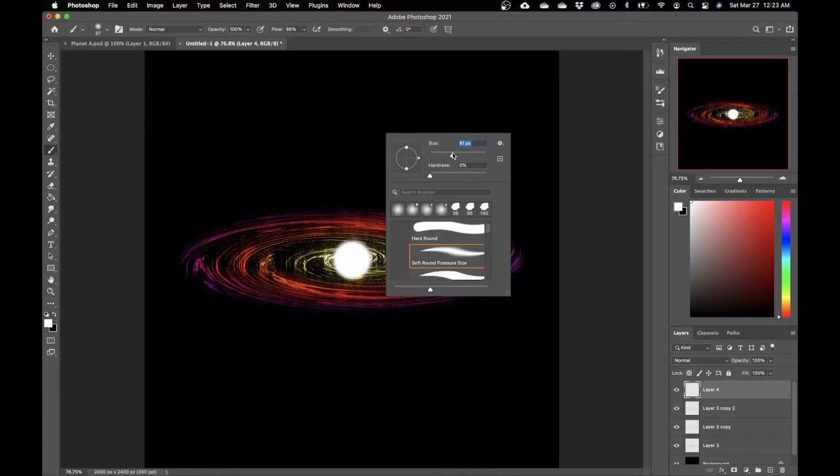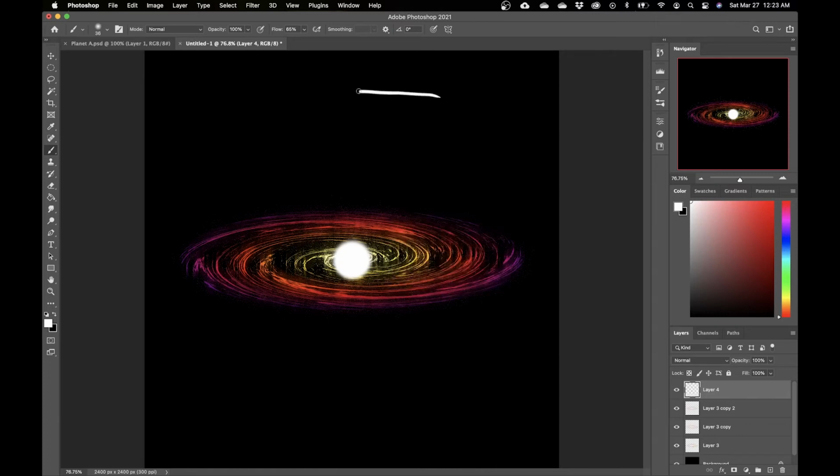Now what we want is we want this to look like it's bursting out of the middle of the spiral here, but the spiral is technically a flat plane, and what we want is to make it look like this white burst of light here is coming out both sides of the plane. But from our angle, the way this is set up, we're going to see more of the top than we are the bottom. So in order to do that,